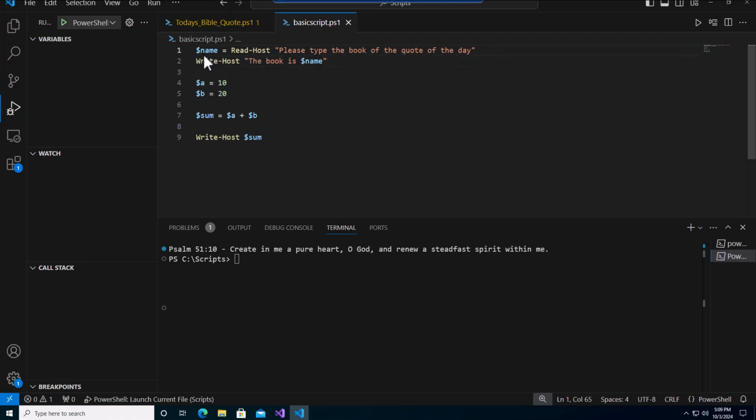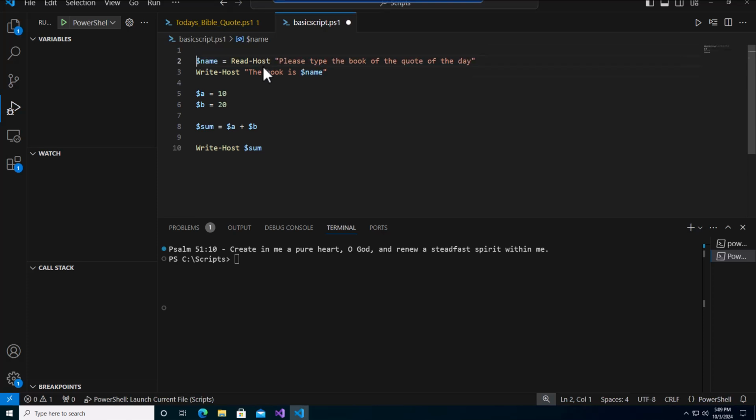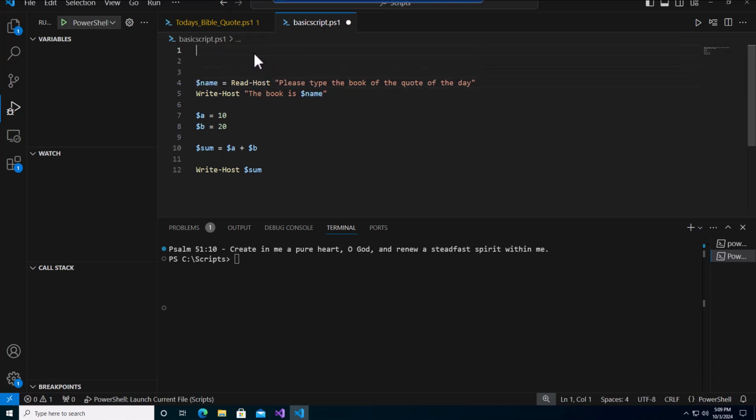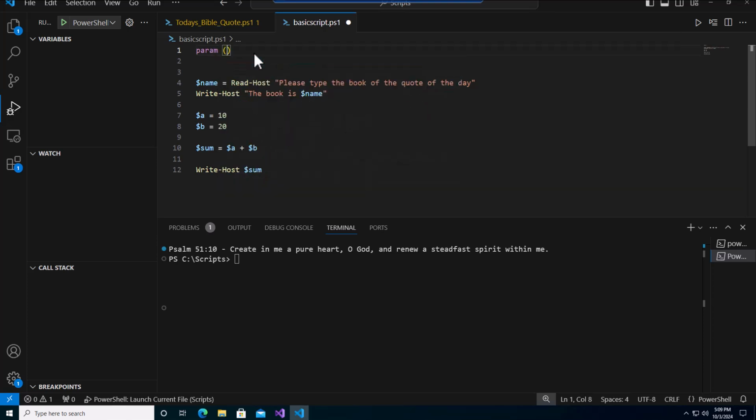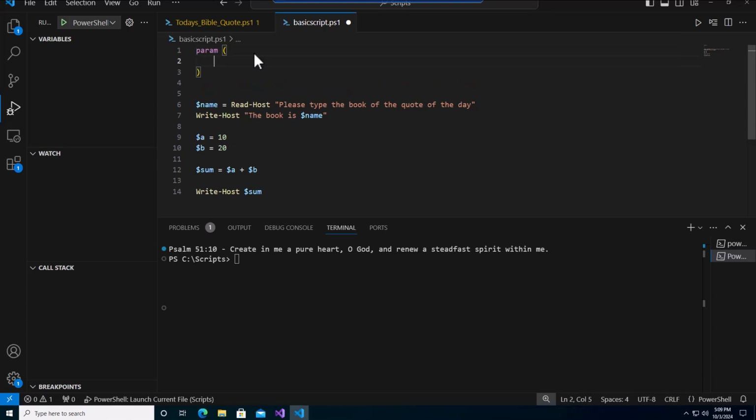So how do we create parameters? This is how we do it. Normally you would apply it to the top of the script, and then we can set the parameters. So we call it param. Okay, and then you've got to set the data type. So we could put,